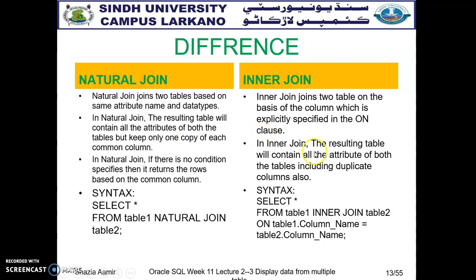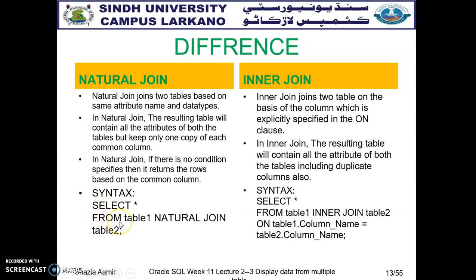But in inner join, only the attribute must be matched, and it also returns duplicate columns in the resultant table. Here we have a syntax that natural join can use.